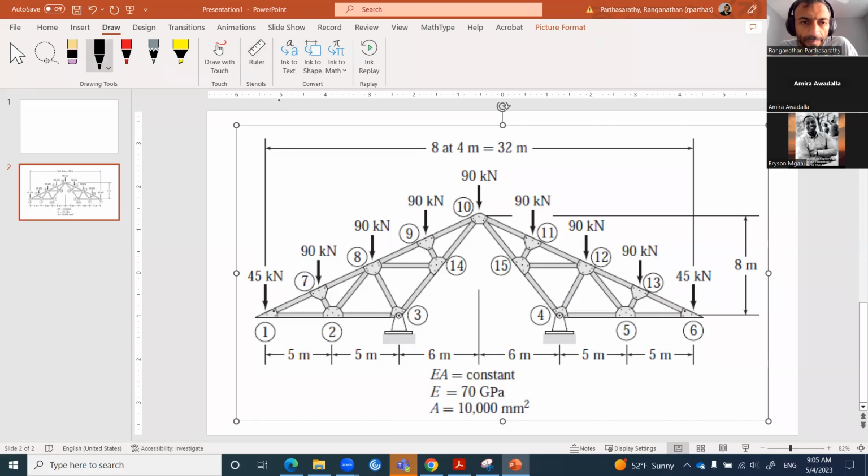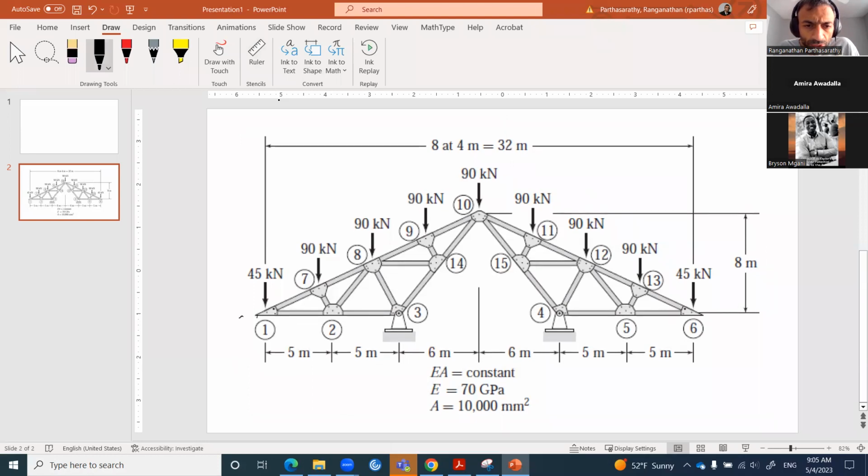So we can take 1 as origin, 0, 0. Number 2 is 5, 0. Number 3 is 10, 0. Number 4 is 22, 0. Number 5, 27, 0. Number 6, 32, 0, right? Then number 7,